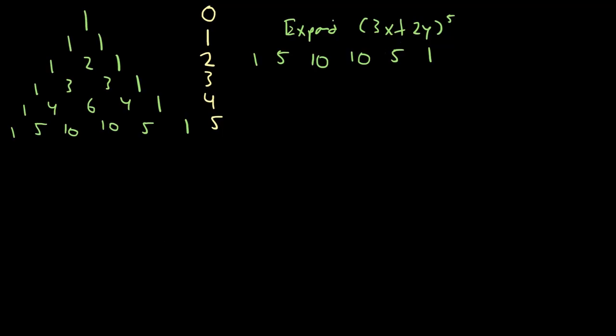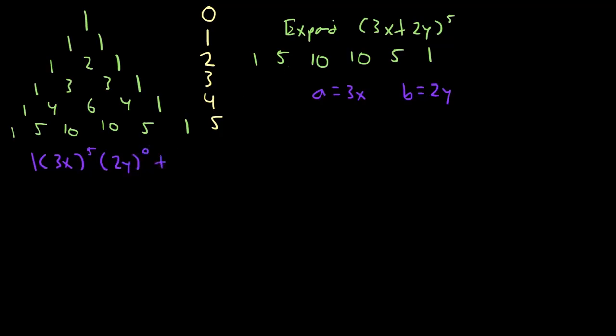So we're just going to substitute a equals 3x and b equals 2y. And we're just going to solve like normal, except we're using 3x for a and 2y for b. So we're going to do 3x, which is just our a term. And remember, there's a 1 out here because that's the first coefficient. And we're going to do to the 5th power times b, which is our 2y, to the 0 power,